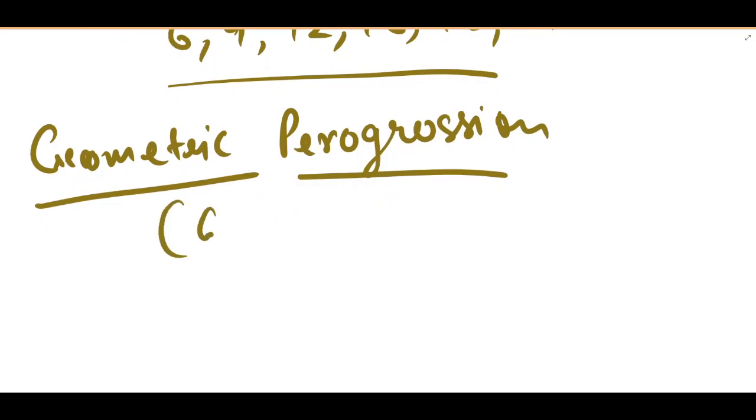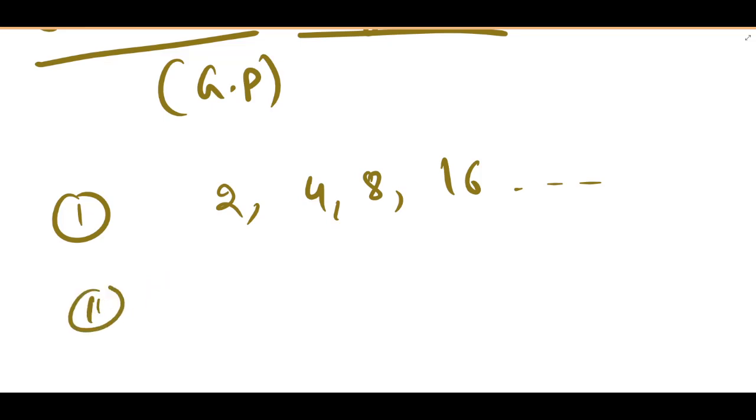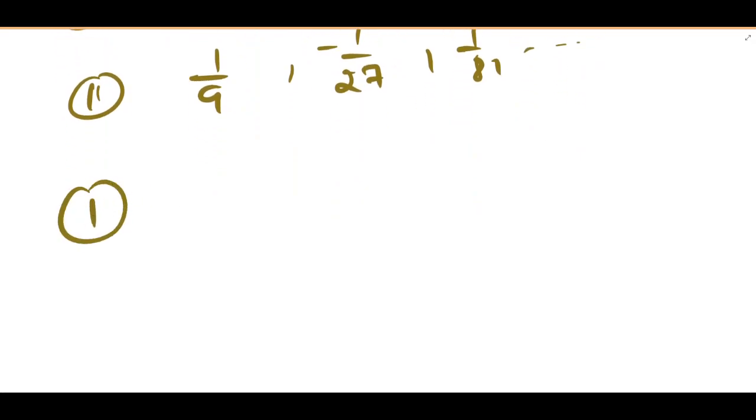It is also known as GP. Suppose we have first 2, 4, 8, 16, and so on. Second is 1 by 9, minus 1 by 27, and 1 by 81, and so on. If we look at the above examples, in the first example we see